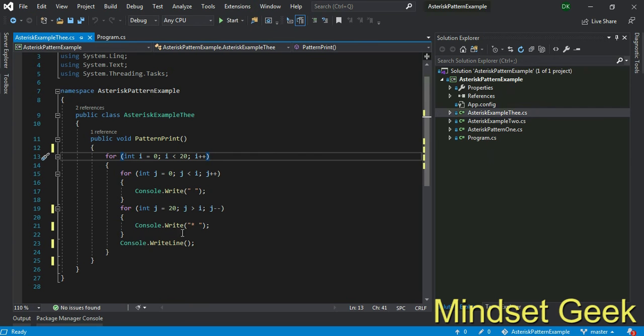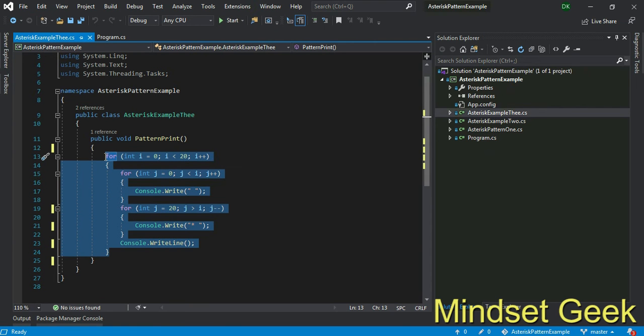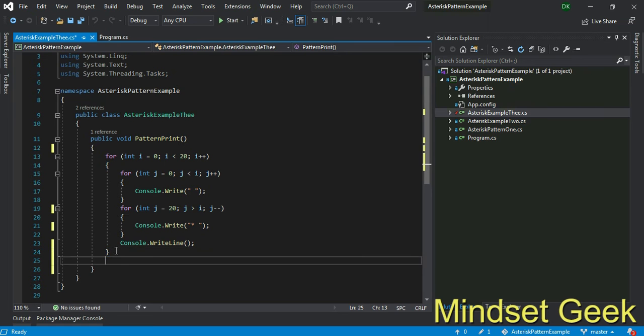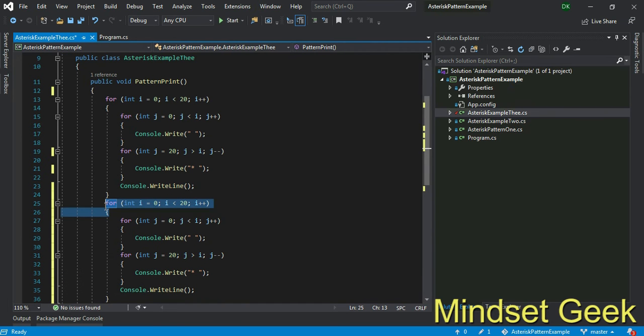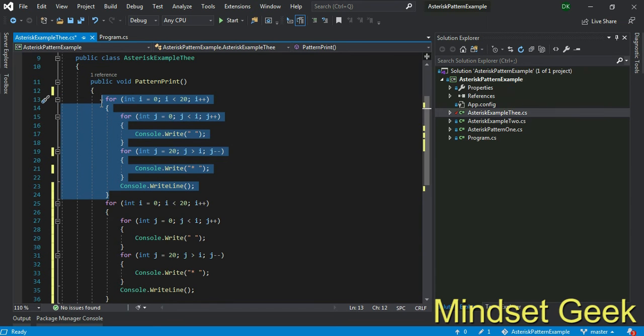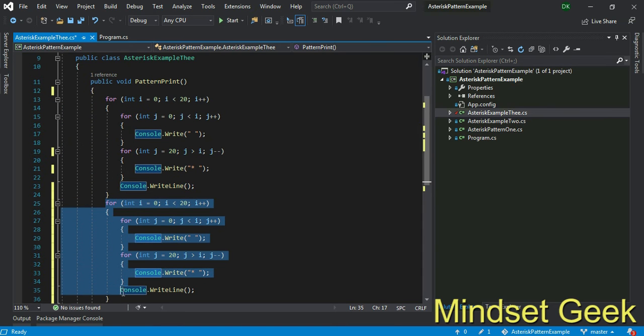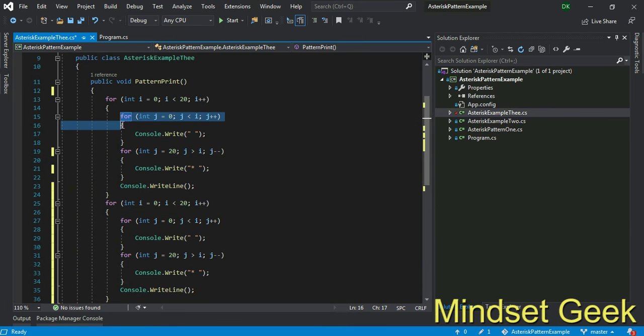For that I just copy this part. Don't worry about this. This for loop executes after the previous for loop, because your program runs top to bottom. Once the first part's execution is complete, it moves to the second part. Within this also the same: the first part executes first, and after completing it, then comes to the next. This for loop also needs to iterate 20 times, so this is okay.